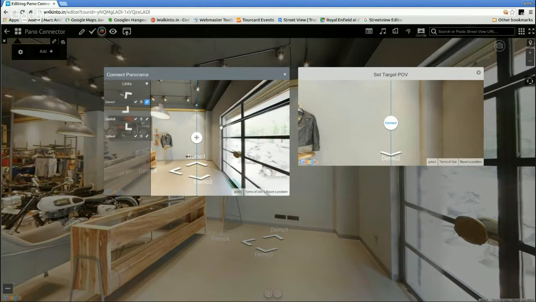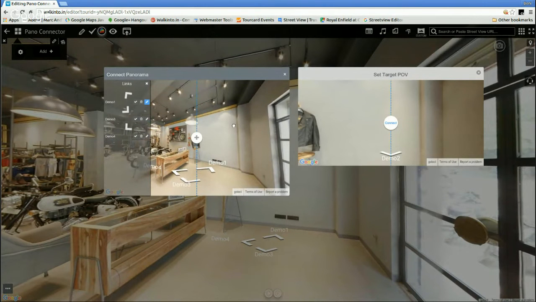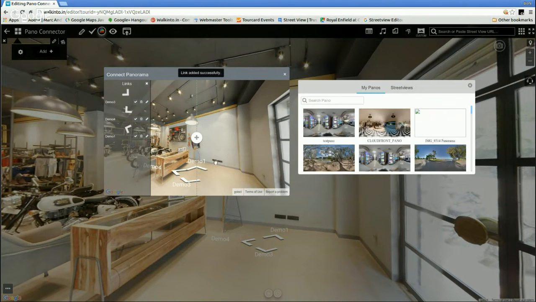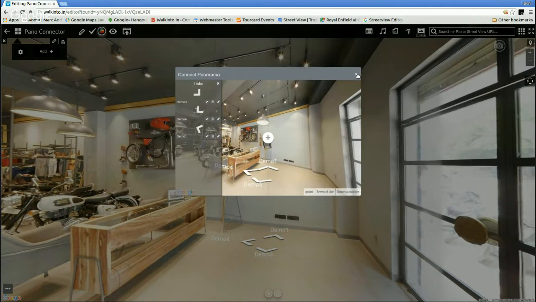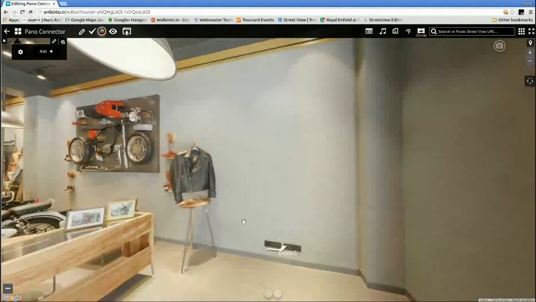I'm just going to move it slightly. This is not the correct thing. I know that this is not the way the panel is taken. I'm just going to change it to look at this jacket. Click connect, and you can see that the connection has changed. So now when I close, this arrow has changed and it will move this way.